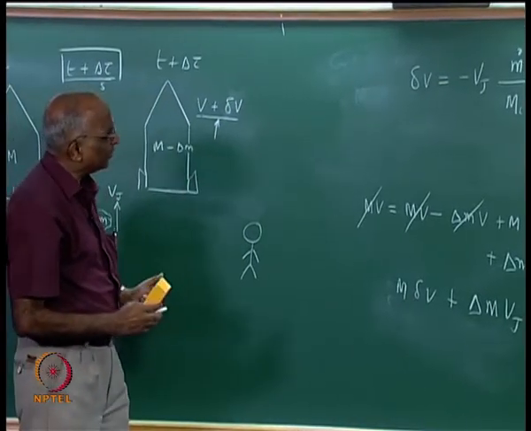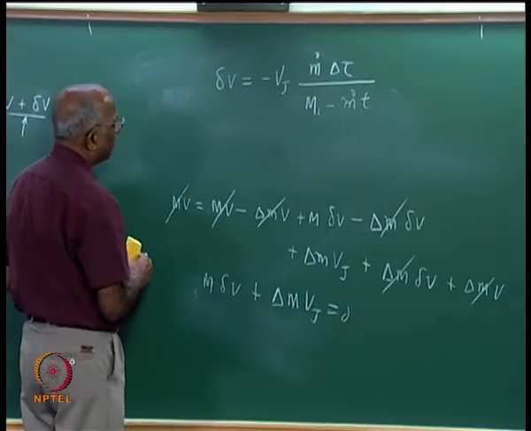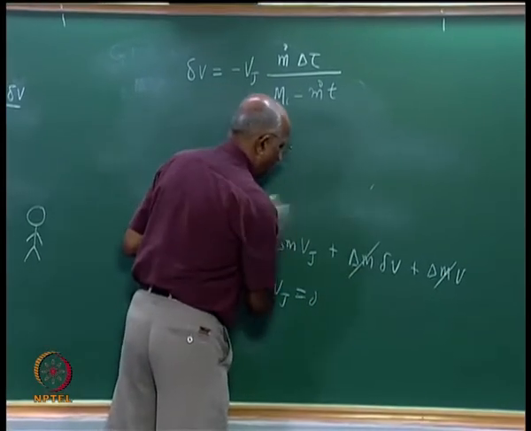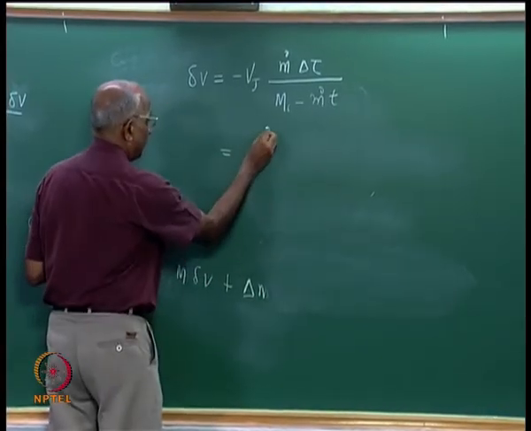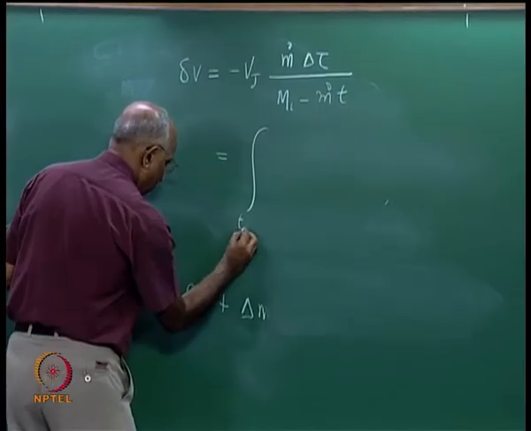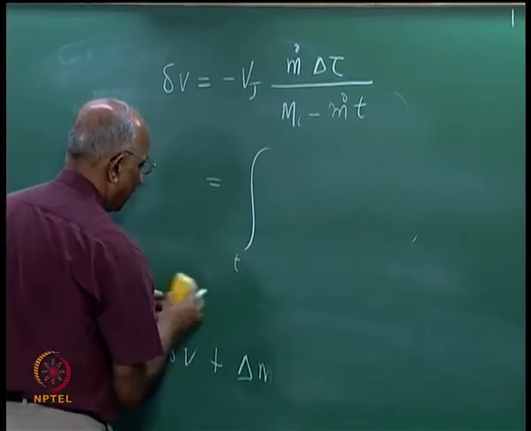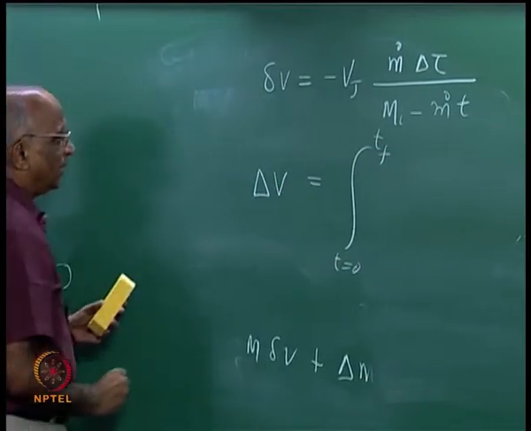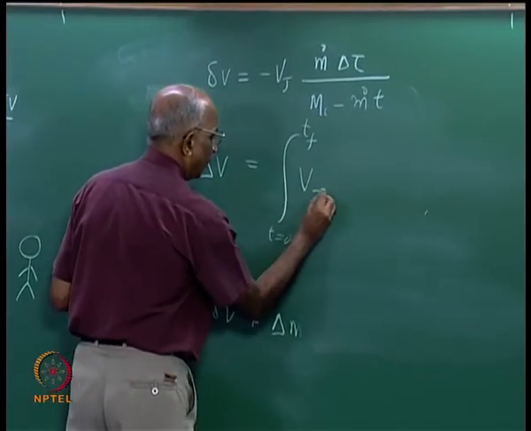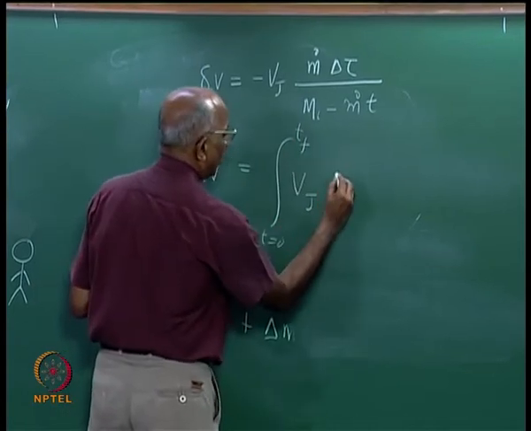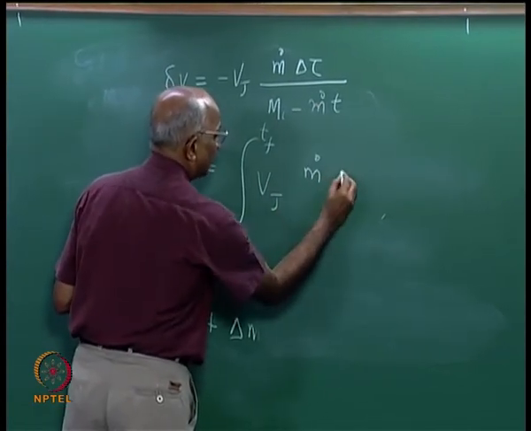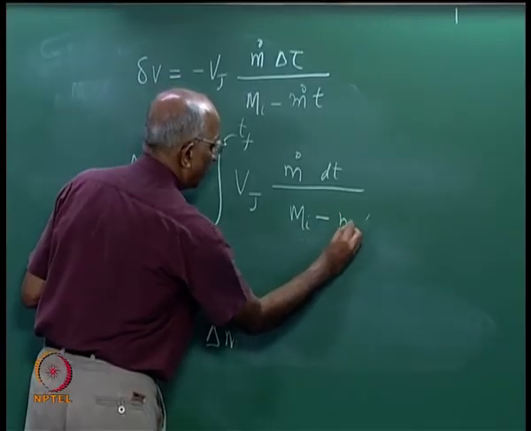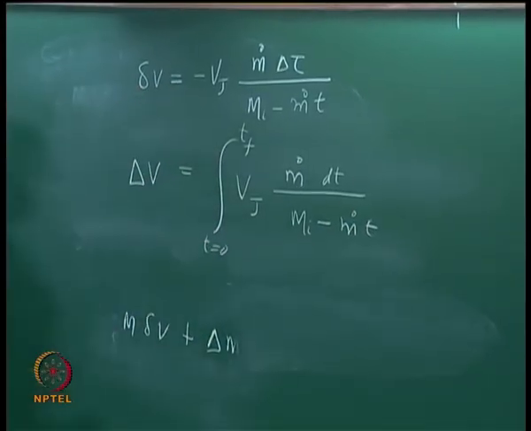I want to integrate this equation with respect to time, from the time t is equal to 0 to the final time at which I get a total velocity increment of delta V is equal to Vj into m dot dt over mi minus m dot t. Of course, I had a negative sign somewhere,